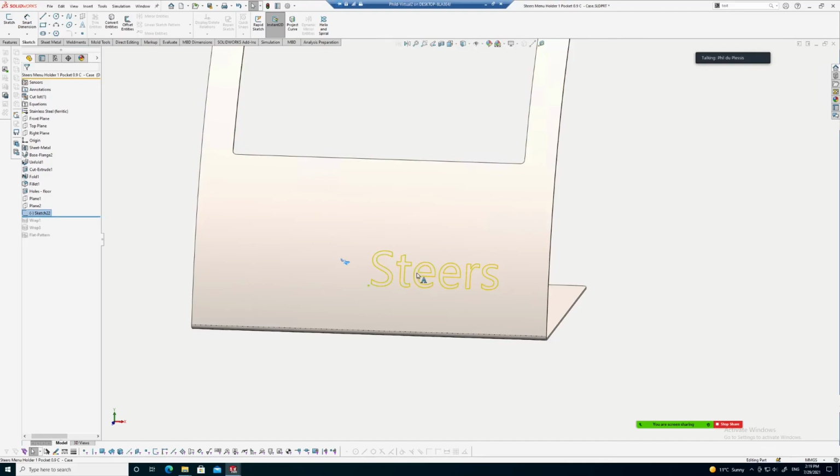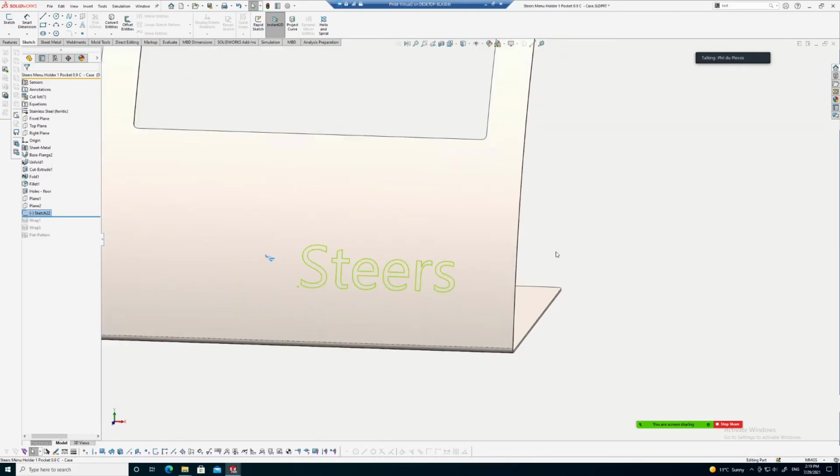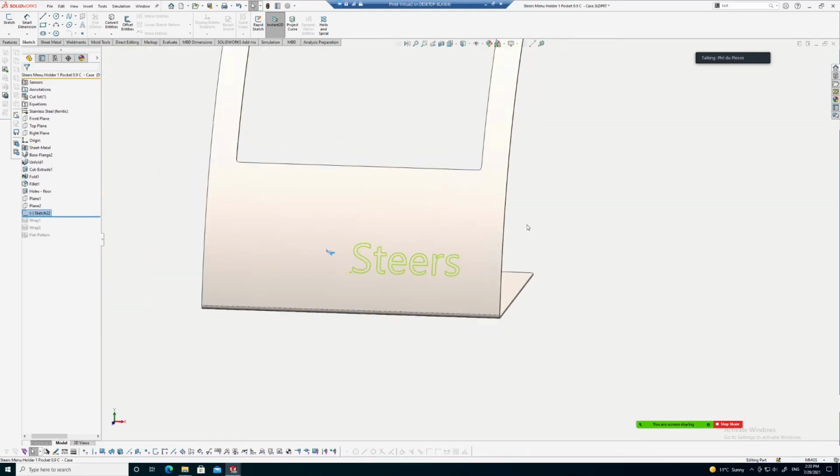If it's text, it's easier in some ways because it'll actually do this without any problems. Otherwise, you have to do some bridging, which I'll show you later. So once you've got that, you can go to the